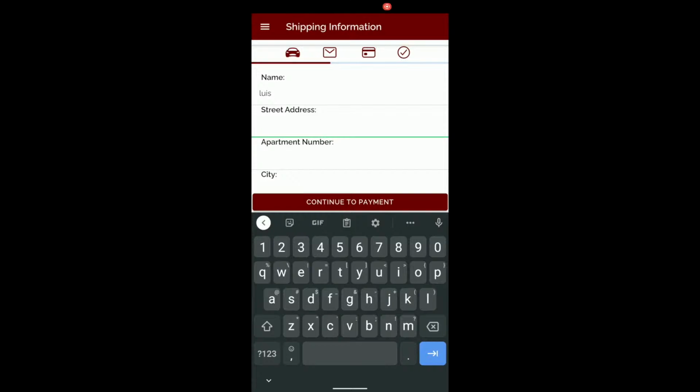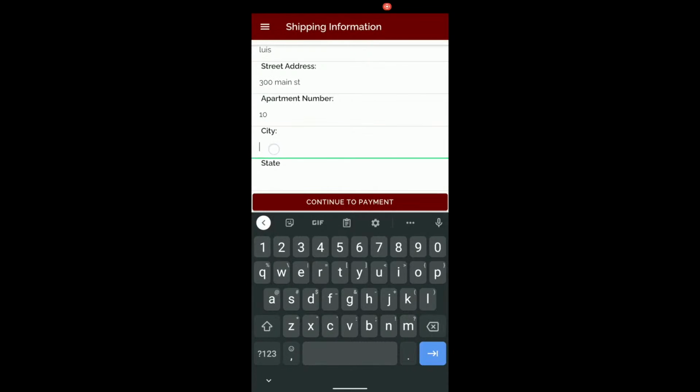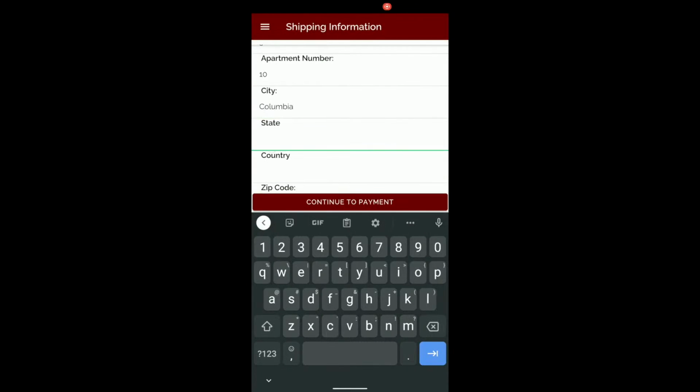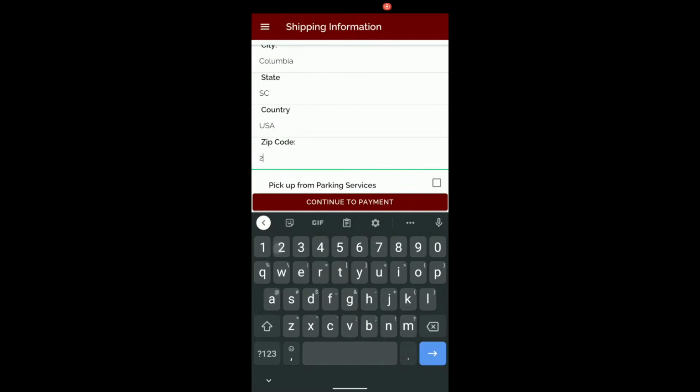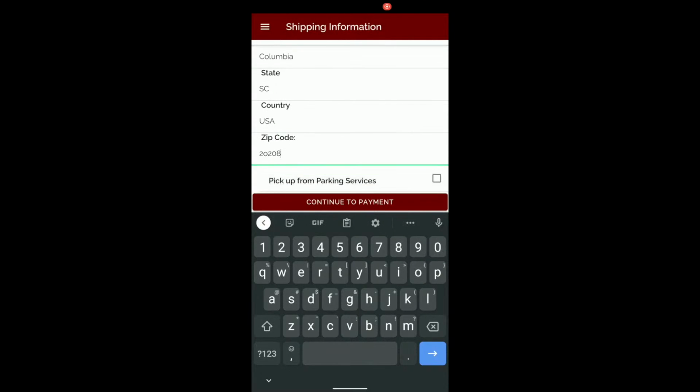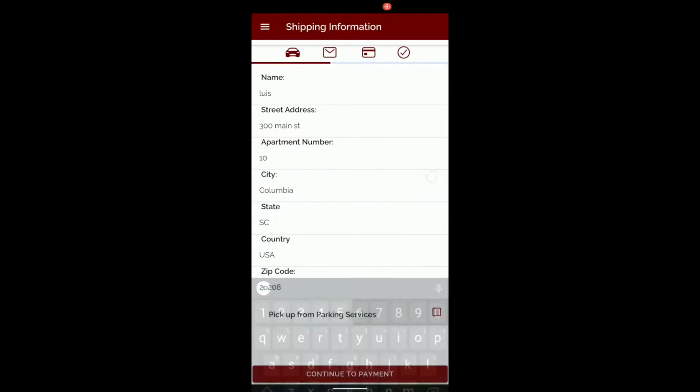street address, apartment number, city, state, country, and zip code. Here, we can also click the checkbox to pick up from parking services. However, I do not wish to do that, so I'm going to continue to payment,